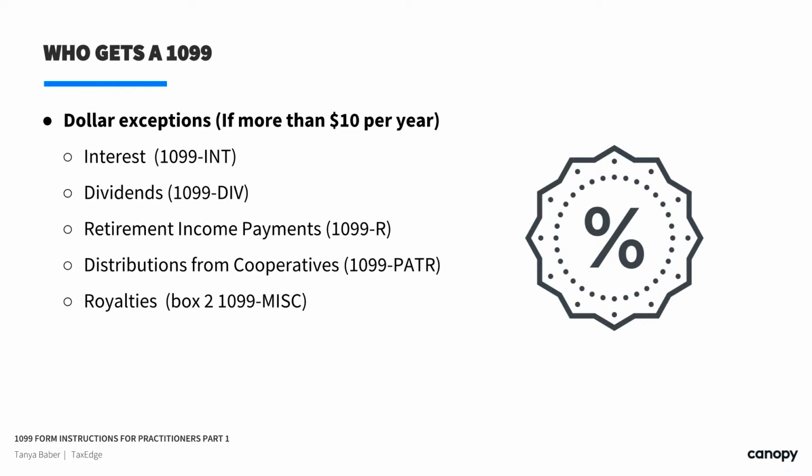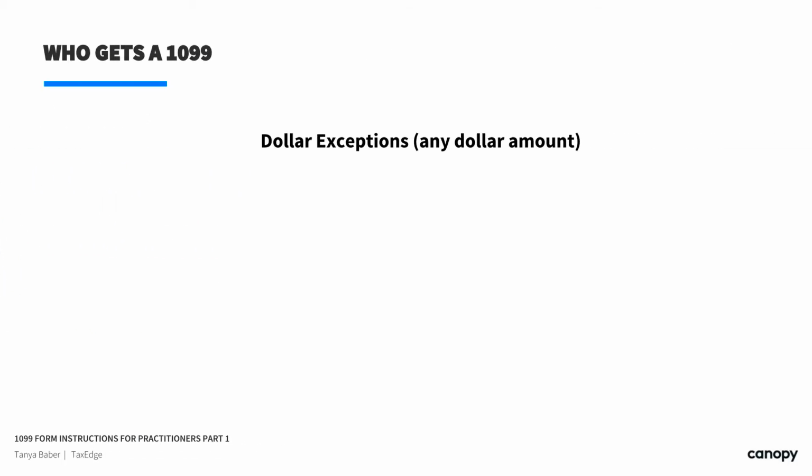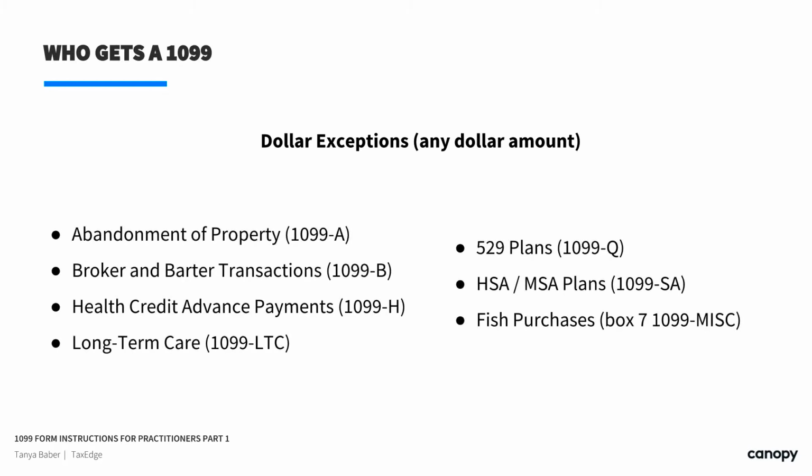Of course, by the time we're done, you're going to say, is that really even a generic rule? Because there are all these exceptions to it. So here are some dollar exceptions where it doesn't matter if it's at that $10 amount anymore, it's just anything. They don't care if it's a dollar, you're going to have to do a 1099. And some of those are if there's an abandonment of property, a 1099-A,